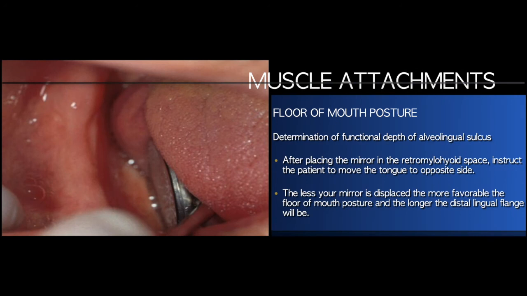Along with the outline of the mandibular denture, you also need to look at the muscle attachment around this outline. The floor of the mouth determines the functional depth of the alveolo-lingual sulcus. You need to check how deep this mylohyoid space is by putting the mirror into this space. After placing the mirror in the retromylohyoid space,